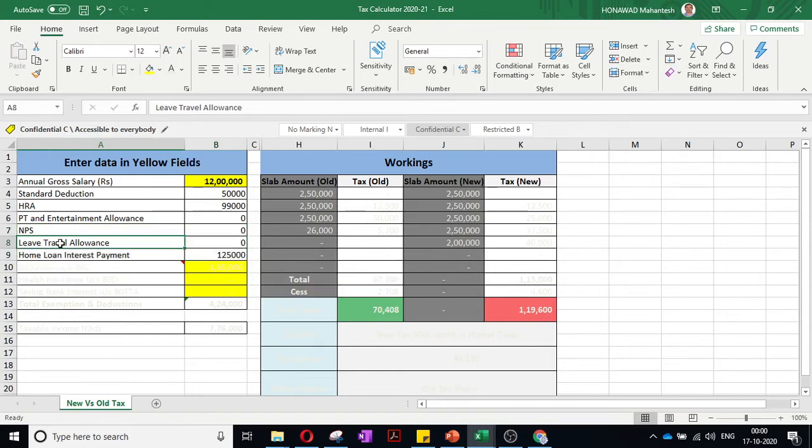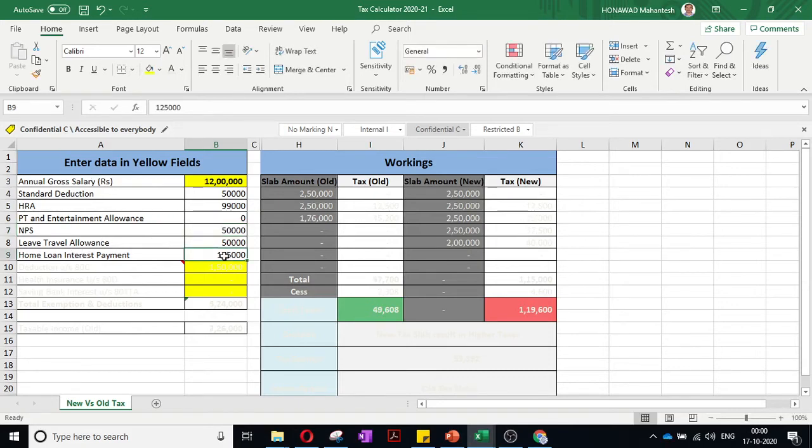Leave travel allowance, this also can be taken. So you can claim say 50,000. NPS is also similar, your NPS is outside 80C. You can still take 50,000 in that. That means you are going to invest 50,000.